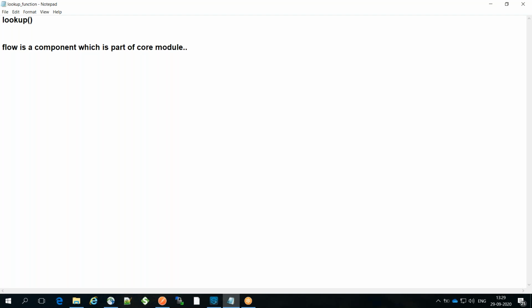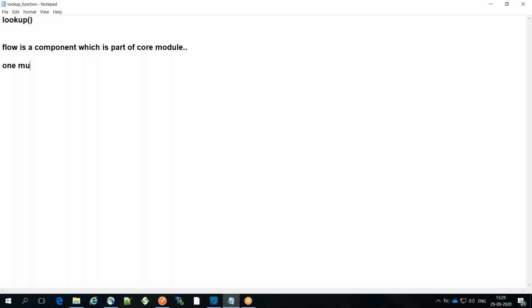There is a core module which takes care of the majority of the basic functionalities, and one of the components in the core module is flow. Flow helps you to combine or orchestrate different components in a logical fashion. So you can say flow is kind of a placeholder for different components within a Mule app.